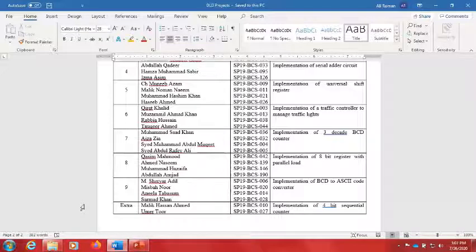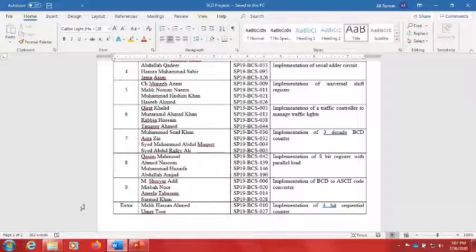So what they have to do is implement a mechanism that accepts a BCD number at its input and converts it into the ASCII code. You can use the ASCII table for your help, which we have discussed while discussing the digital ports. That would be beneficial for you.